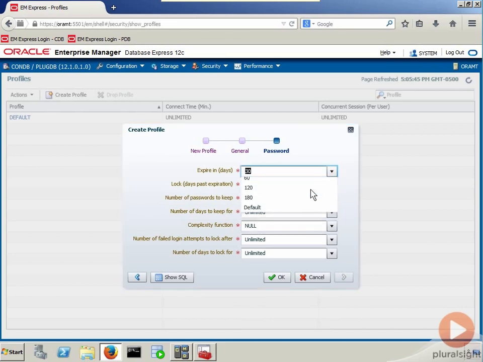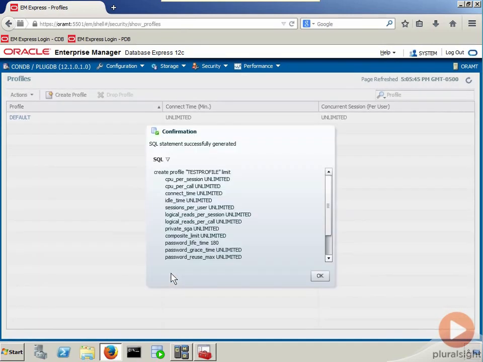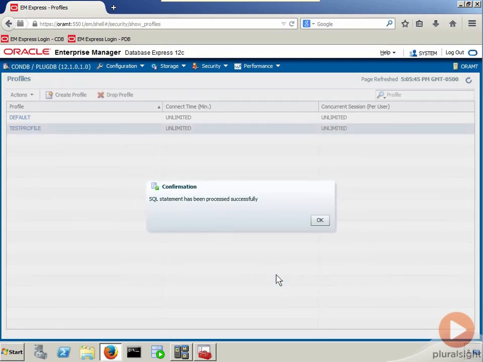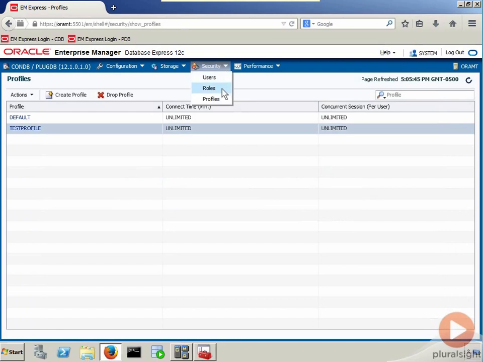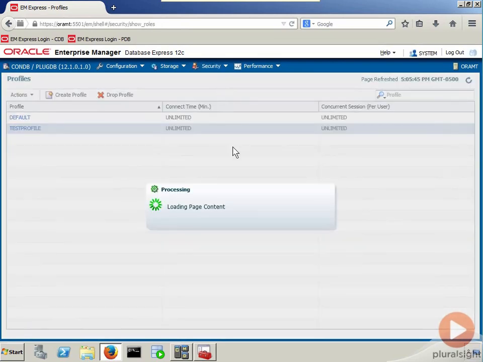I'm just going to set one of these, expire in 30. Actually, let me make that 180 just to give myself some breathing room in case I wind up using this profile. We can hit Show SQL, and it just basically shows the DDL, create profile, the name, and then you have your parameters. Simple as that. Let me click OK, and you noticed immediately that becomes populated. If we go into security roles, it's the same deal. You're going to be blindsided